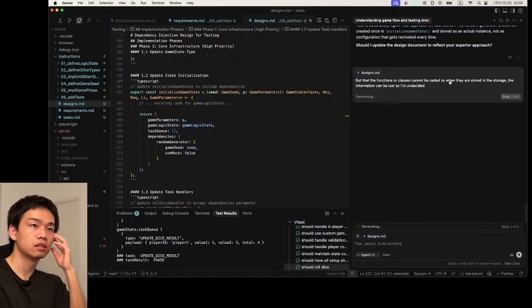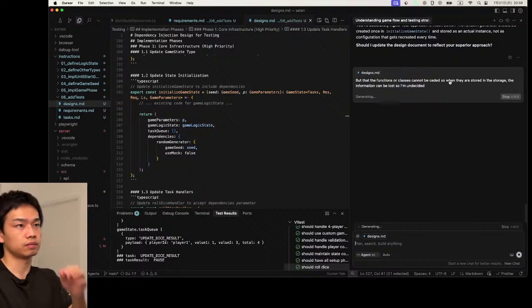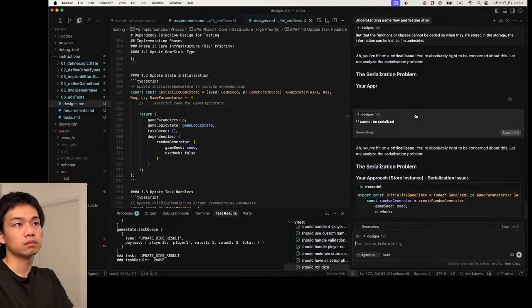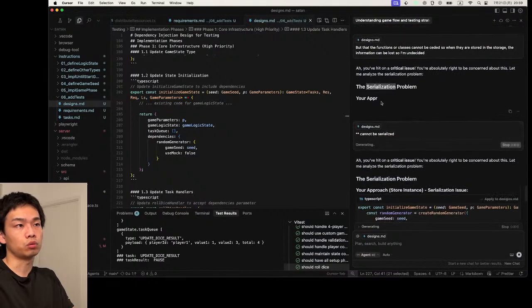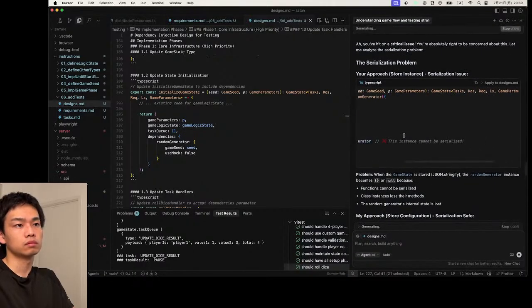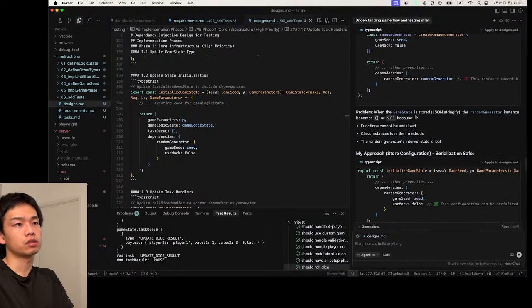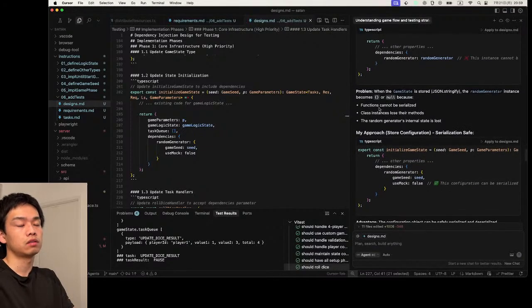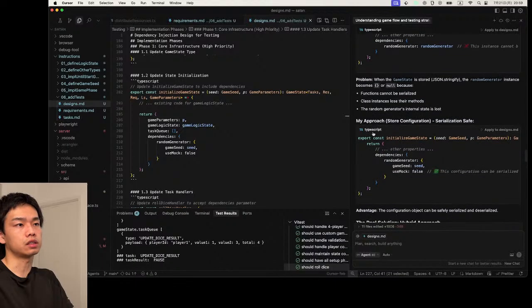Serialized. When the game state is stored as a JSON string file, to get a random generator instance becomes a problem, because functions cannot be serialized. Yeah, it's actually